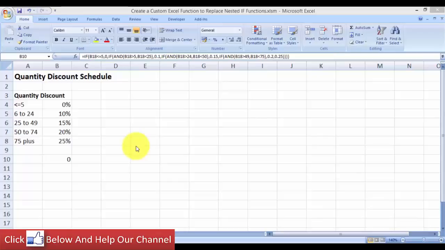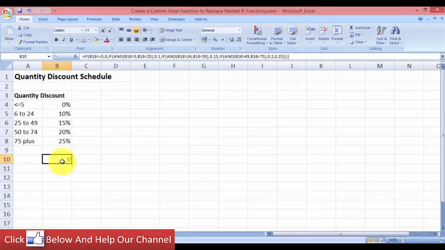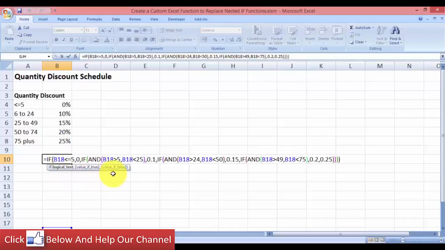In today's video, I'm going to show you how you can create a custom function to replace multiple IFs function. If you have been nesting an IF function inside an IF function and find it difficult, then this tutorial is going to help you out. Over here I have a very long function, an IF function where I nest one IF function inside another,